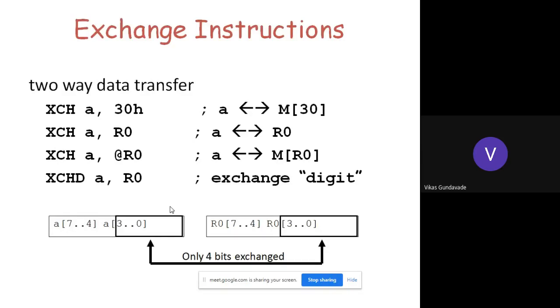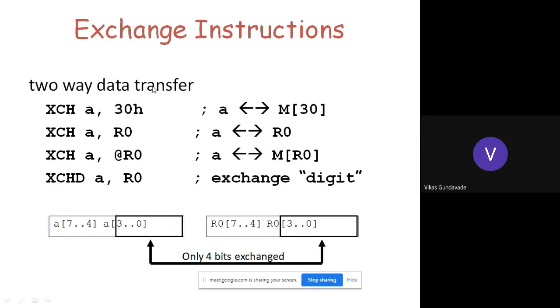The next instruction is exchange instruction. See, all these instructions are data transfer instructions. So here we are not manipulating the data, but we are transferring the data either from register to the memory, to the register, or new data into the register. Okay, so in such a way, here only we are transferring the data. That's why all these instructions are called data transfer instructions. Okay, so here the next group of instruction is exchange instruction.